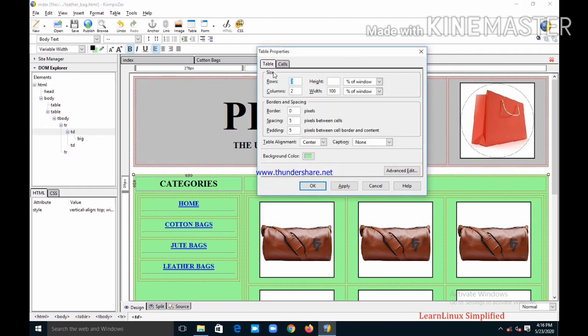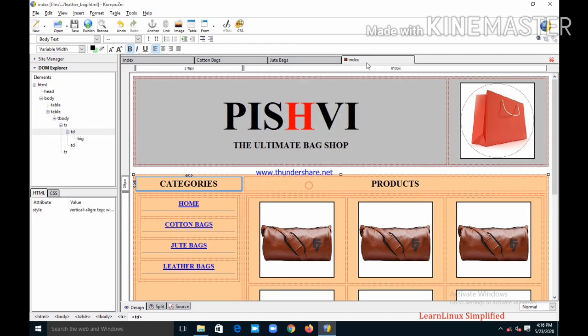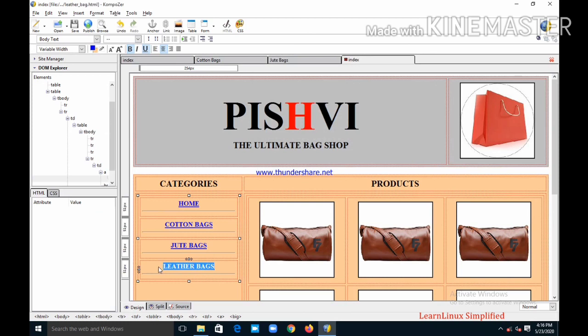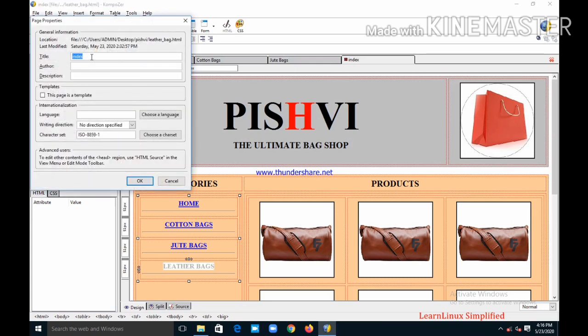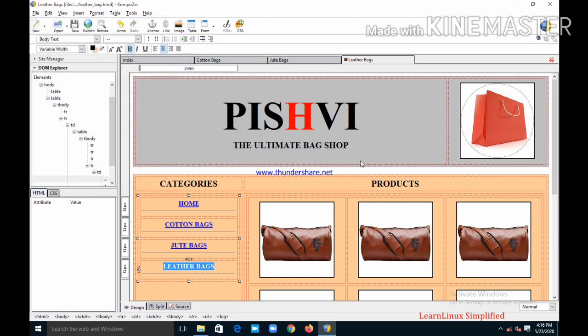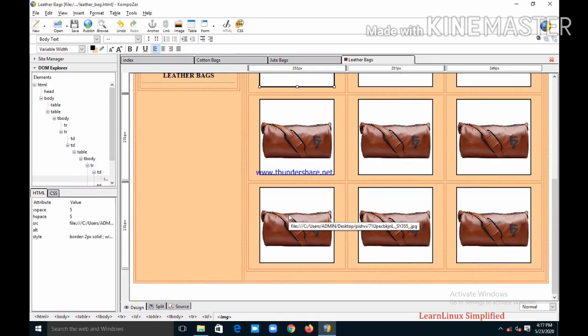Now 3 major changes: for leather, remove the link, go to format, page title and properties, and here it should be changed to leather bags. All these are leather bags, so I am not changing the images. Save. Now we can see how our website is looking.